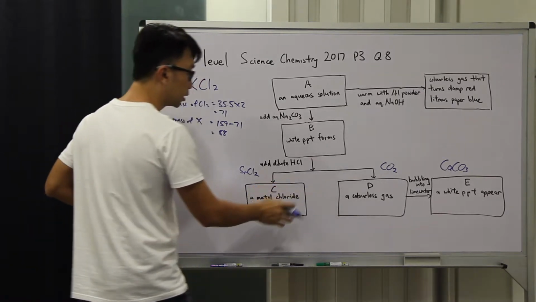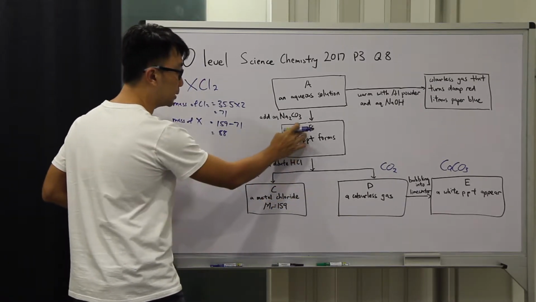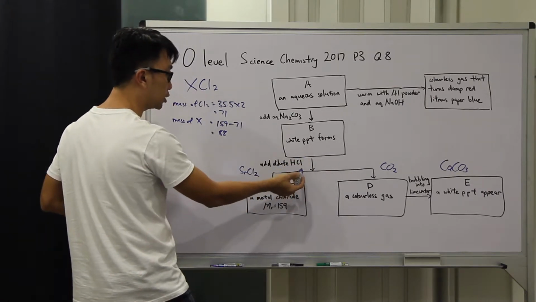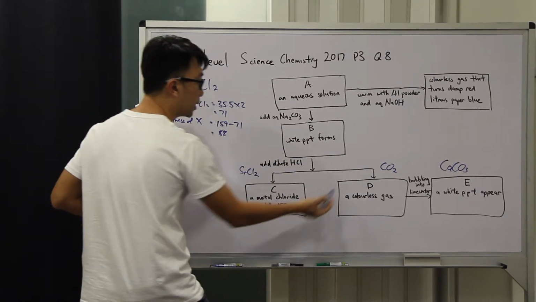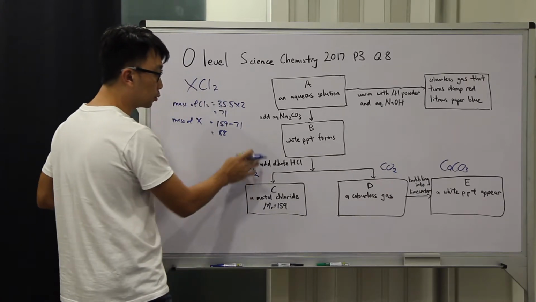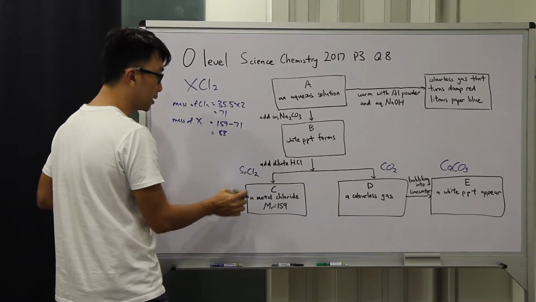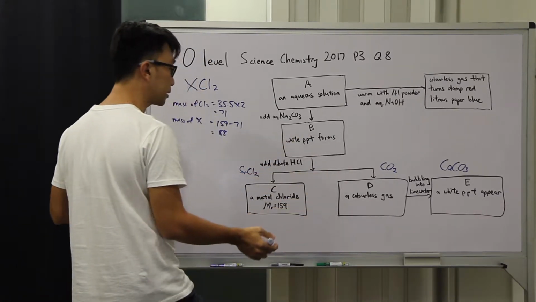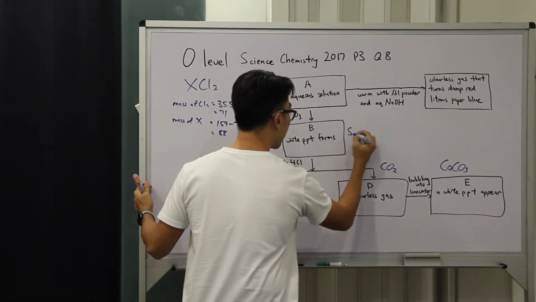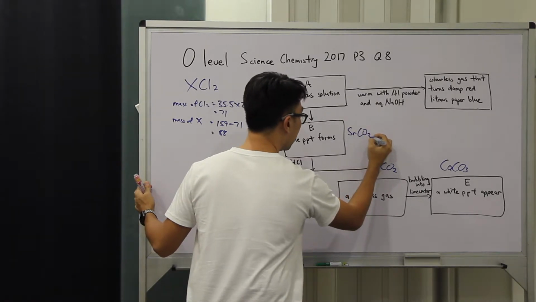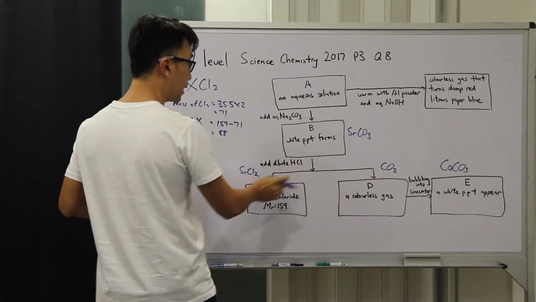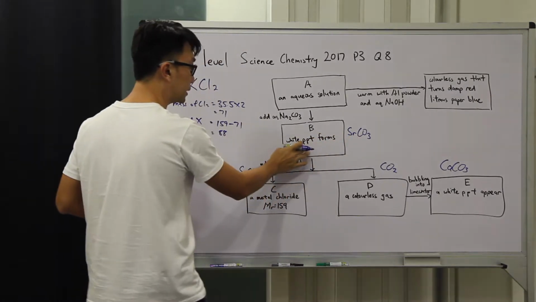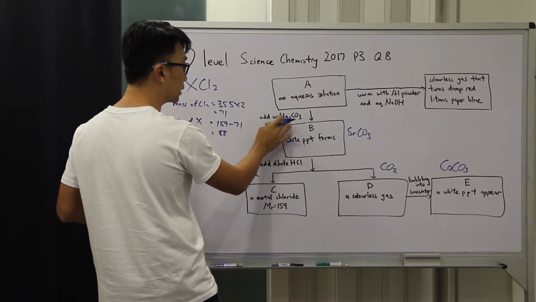Alright. So if we look further up at B, B is a compound that reacts with HCl to give us a salt and carbon dioxide. So this must be a carbonate. And since strontium is the metal, this will actually be strontium carbonate, SrCO3. And then we look further up, as strontium carbonate is a precipitate and there is the adding of a sodium